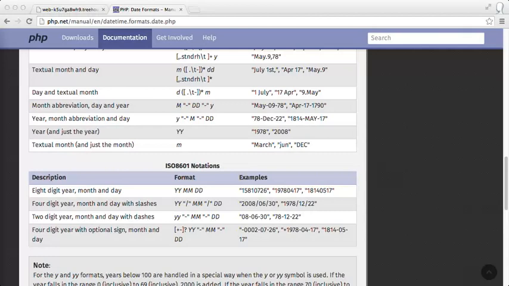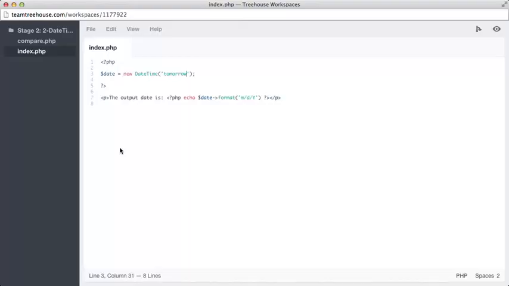Sometimes you will need to work with dates that are stored in unsupported formats. For example, if a string contains 2 date segments with numeric values below 13, they could both be days or months. Luckily, the DateTime class has a method called createFromFormat. We can provide our custom input format to this method along with our date so that PHP can read the string correctly. If we go back to our workspace,